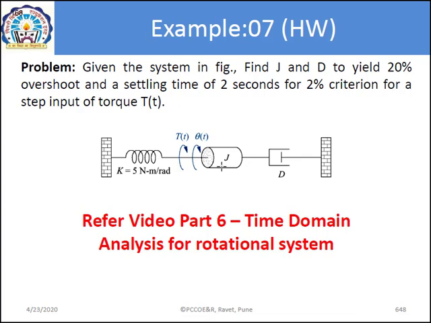Now to understand how to get the transfer function, I recommend referring to the video of time domain analysis part 6, specifically for the rotational system. In part 6 we discussed a circular disc which is subjected to rotational motion about its axis. An elastic shaft was used, which is equivalent to the torsional spring, and there was some viscous resistance. Now instead of that, we have a dashpot here in the torsional direction. So that is the only difference between the numerical that we solved in part 6 and this one. Otherwise, surprisingly, you will get the same transfer function that we discussed for the rotational system in part 6 for this system. So try it out and send the solution on Google Classroom.